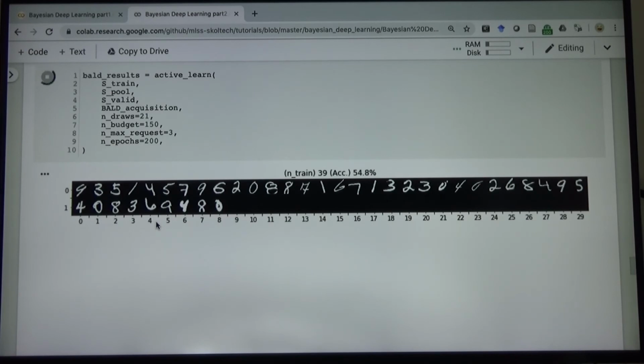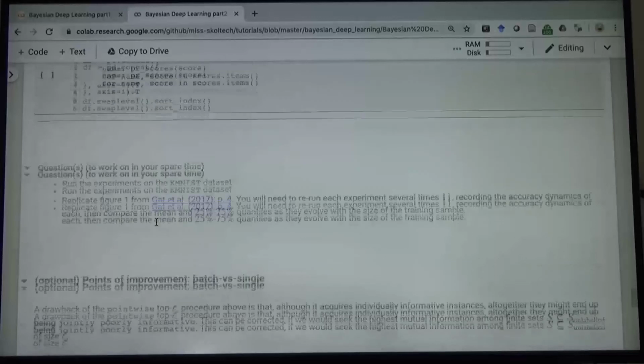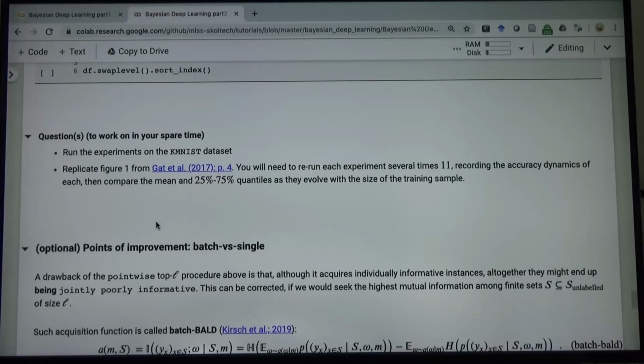Now, basically this is the last exercise that I wanted to do with you during the tutorial. And while it is brewing, while it is boiling this kettle of a neural network, I'll just explain to you what you should expect from the rest of this notebook. I provided some questions for you if you want to have some homework. It won't be checked. So try k-means data and probably attempt at replicating the figure that I have linked to